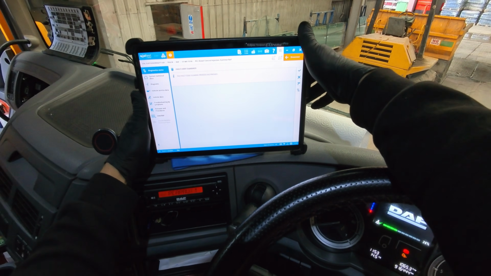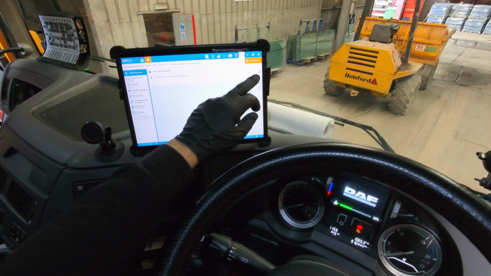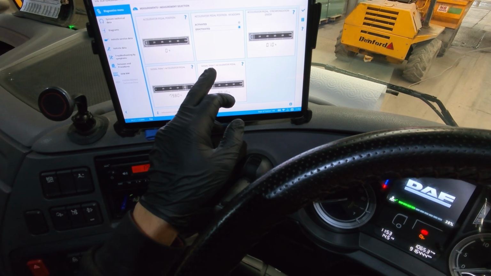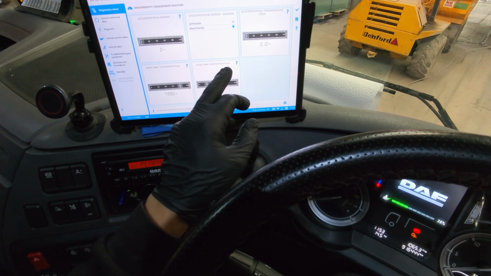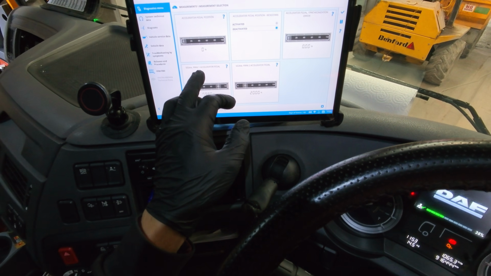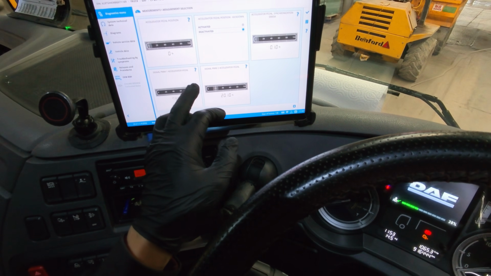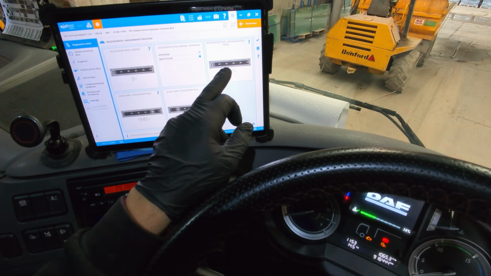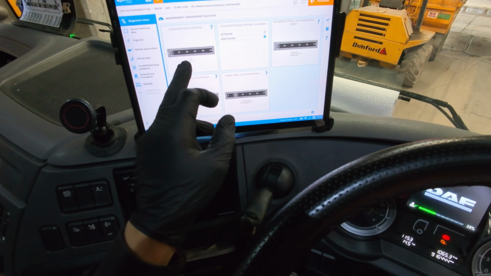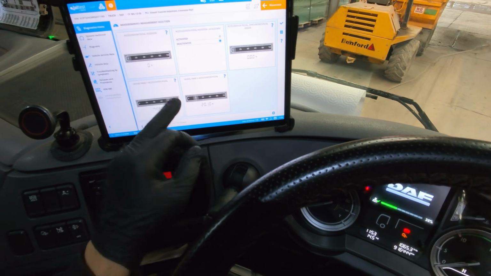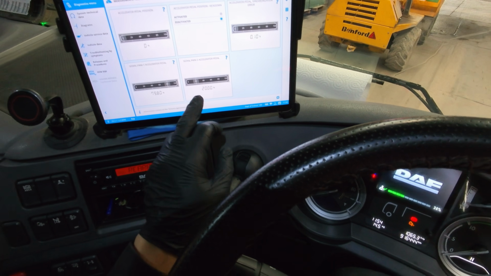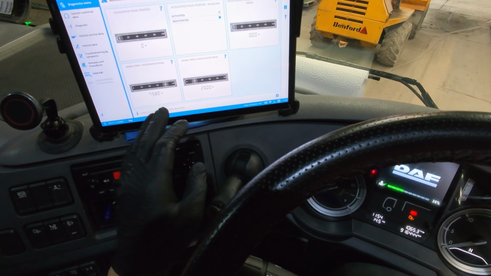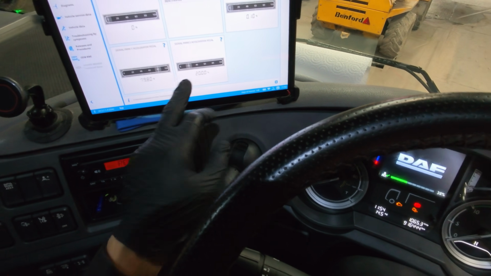So what we're looking for now is measurements. So what I've got here is the pulse width modulation sensor 2 accelerator pedal signal, the pulse width modulation sensor 1 accelerator pedal, and any synchronization errors and the pedal position. So when we press the pedal, this should go up and down, but what you'll notice with these is one goes up and one goes down. Basically, they should always add up to about 100%. So 20 and 80,